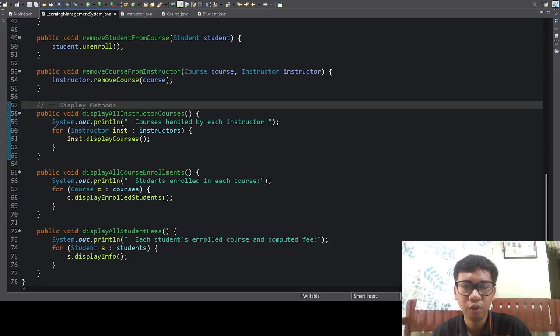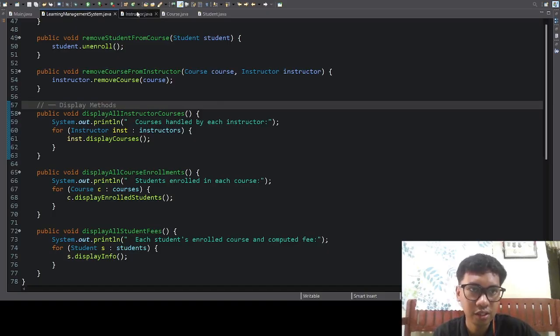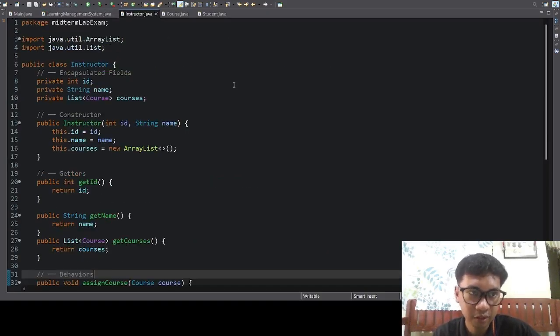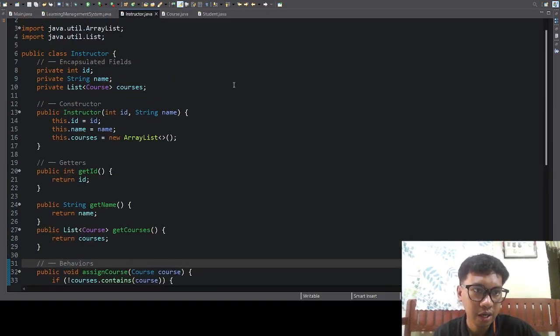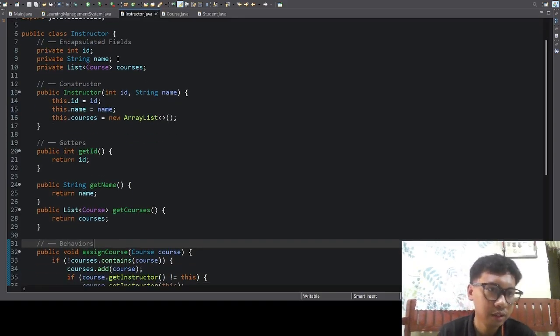Now we continue to another class, which is the Instructor class. In this class, we have encapsulated fields: private int id, private String name, and private List courses.